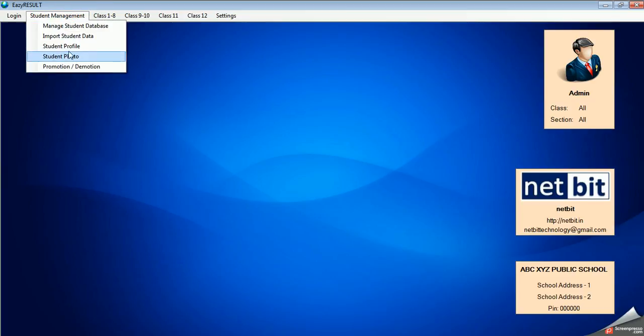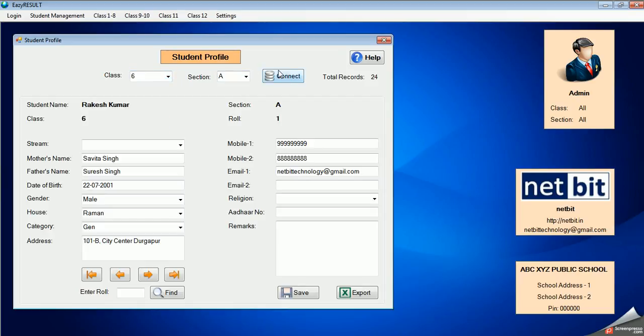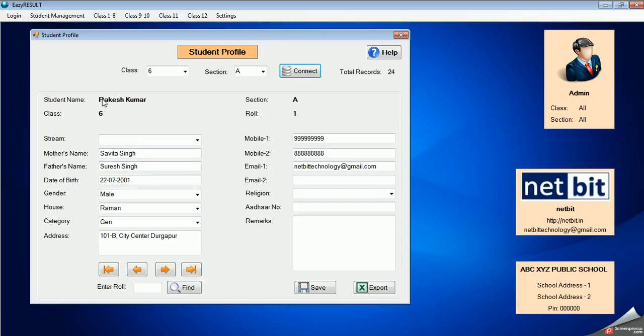So I should go to the student profile, and I'm going for class 6A because data has been entered only for class 6A. Here I can see that for Rakesh Kumar, I have entered my official email account, so that I can show you that emails are being sent through this software. Here the parent email ID will be there. You can enter two email IDs, father's email ID and mother's email ID, or a single email ID will also do, no problem. For Rakesh Kumar I have made the entry, but for other students I have not made the entry. But in your school you have to collect email IDs of all the students and enter them here.